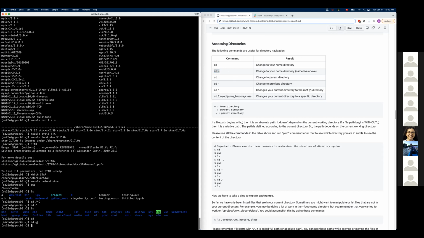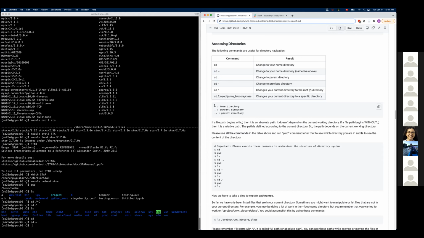But this is obviously a bit unnecessary here, because if you use cd without any argument, it's already going to bring you to your home directory. And there are two location shortcuts as well. One dot means your current directory, and two dots mean your parent directory, which is the directory your current directory is within.